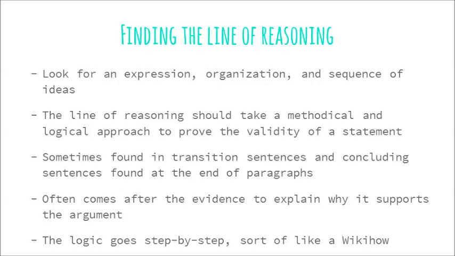Finding the line of reasoning. The line of reasoning is important because it's the setup of the whole paper. Every author is different. Every author will have their own method and perspective of looking at an argument. And that's why finding the line of reasoning is so important to understanding an author's bias and an author's stance on an issue. When finding the line of reasoning, you want to look for an expression and an organization,